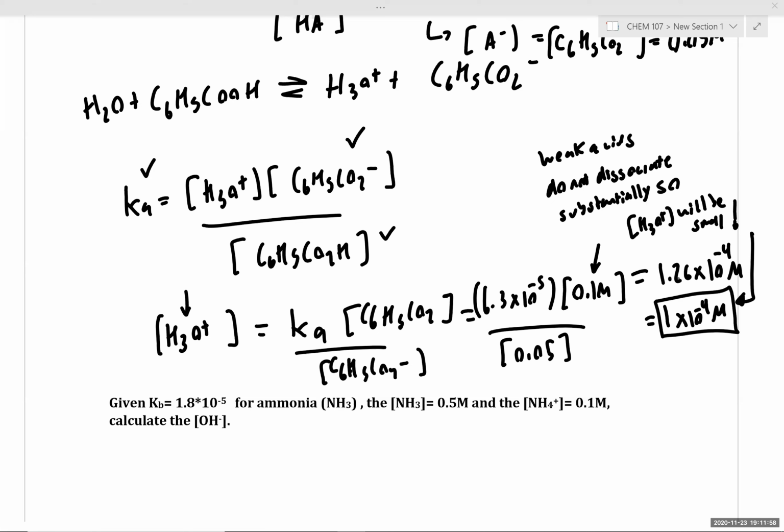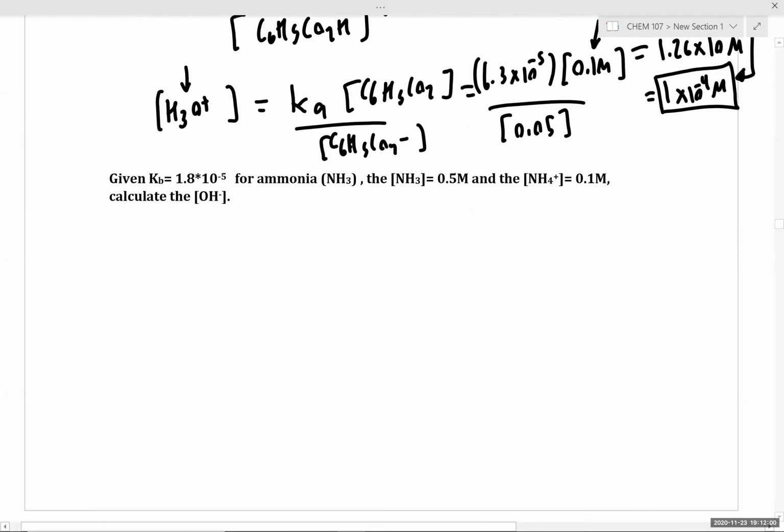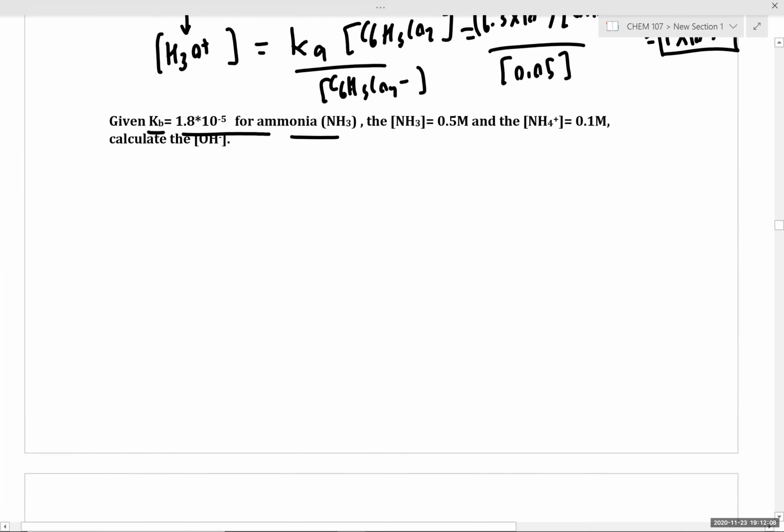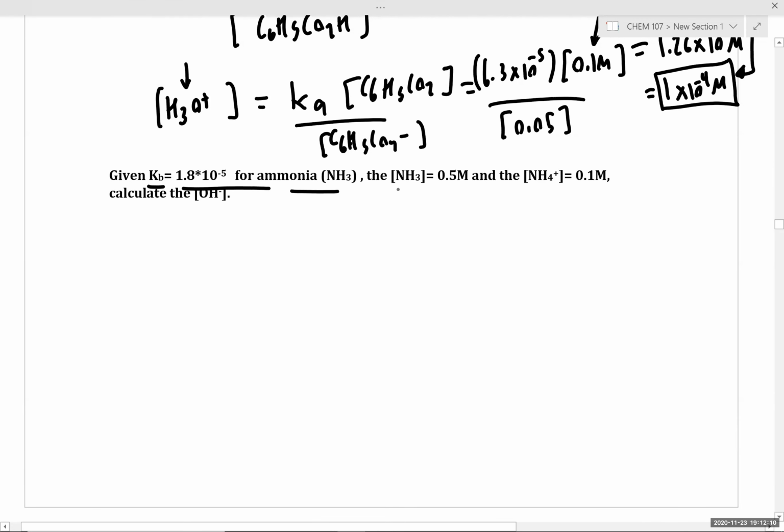So let's try to apply what we've learned to the following example. In this case, we're given the Kb for ammonia and the concentration of ammonia and ammonium. And in this case, we're asked to calculate the concentration of hydroxide, given that Kb